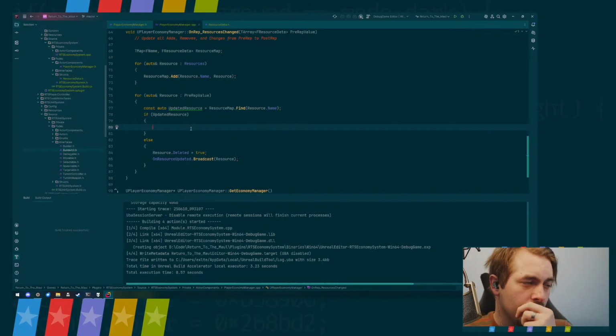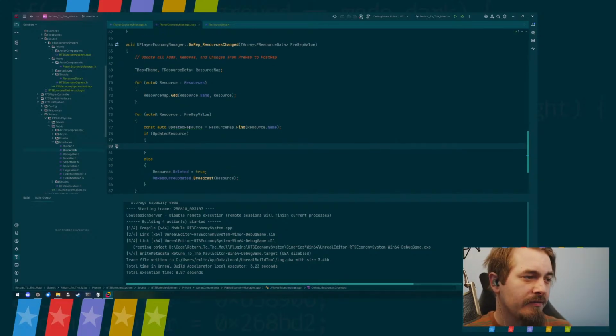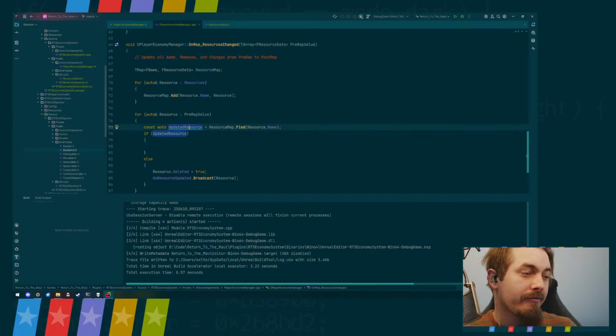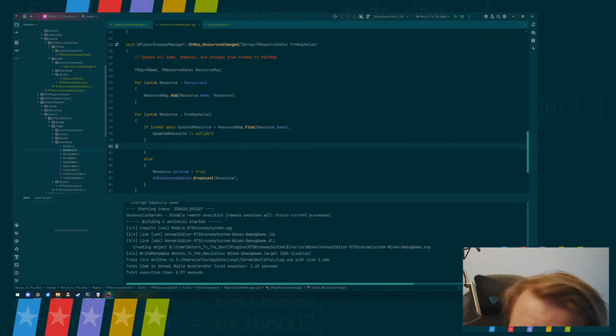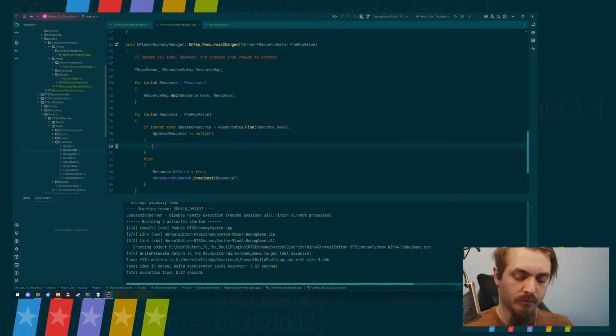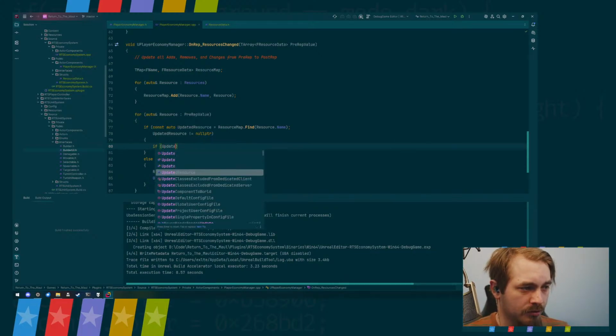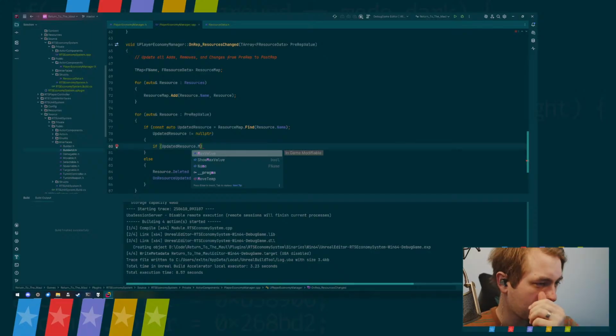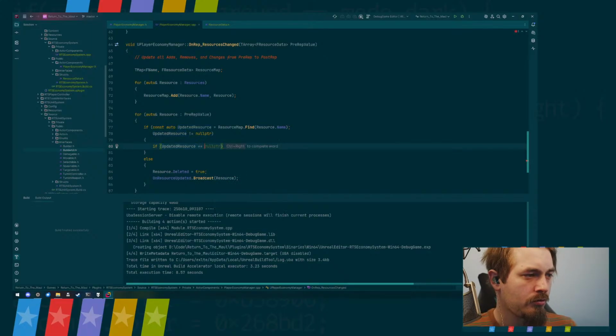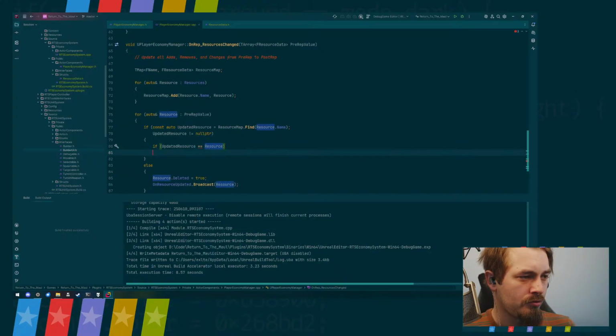That's a continue. If we still have this, okay, updated resource is not equal to null pointer. If there is not equal to resource,